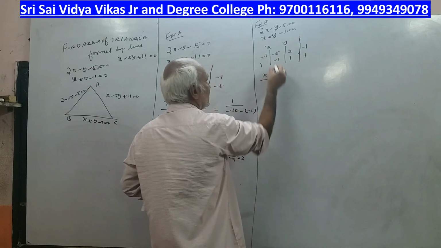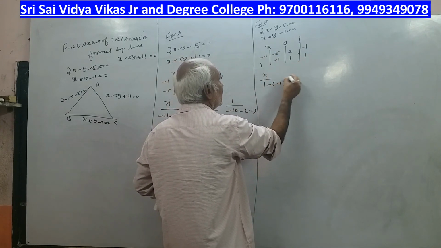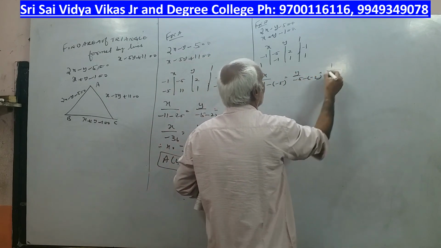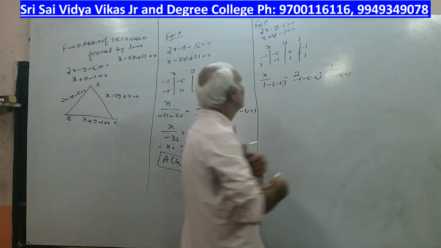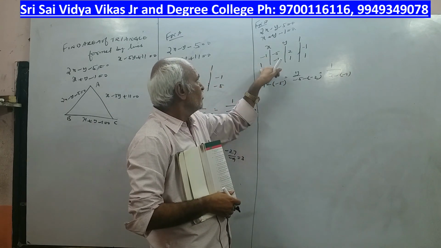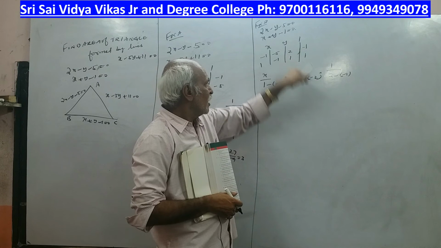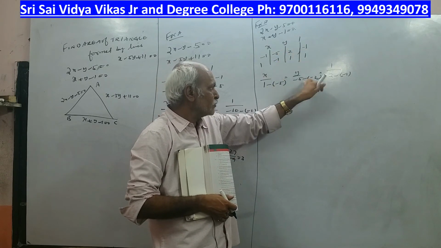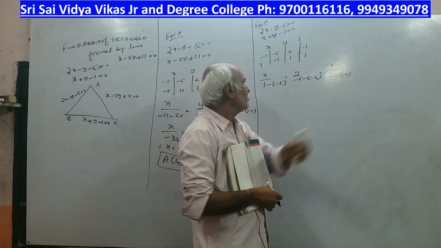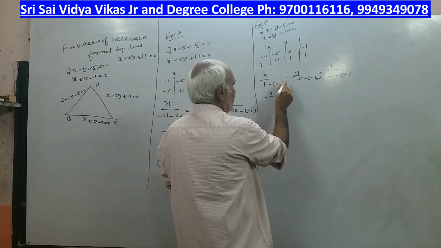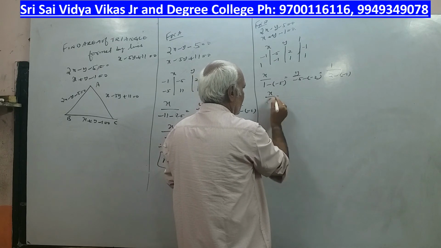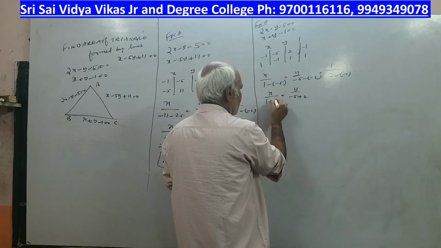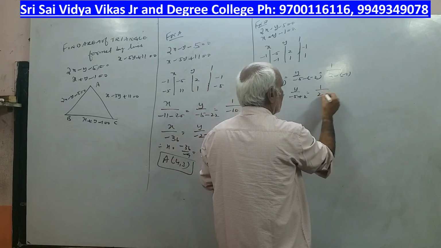So x by 1 minus of minus 5, y by minus 5 minus 2 is equal to 1 by 2 minus of minus 1. Minus 1 into 1, minus 1, 1 into minus 5 in the bracket. Always the minus sign should be here, sir. Minus 5 into 1, minus 1 into minus 2, but in the bracket. Again 2 minus of minus 1. So x by 1 plus 5, 6. Here y by minus 5 plus 2. Here to make you understand, 1 plus 5. Here 1 by 2 plus 1.